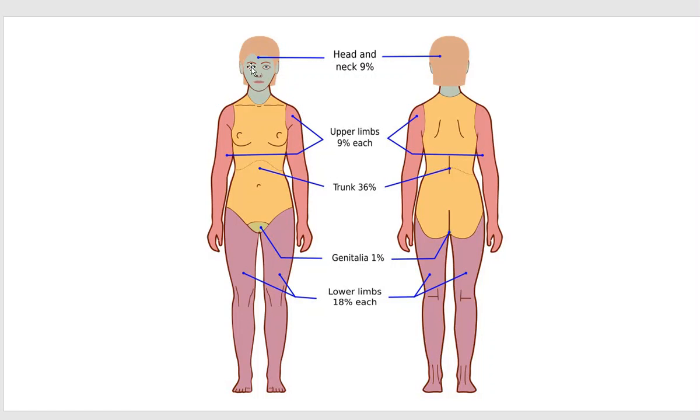So head and neck, if you had a significant area of the head and neck covered, that's 9%. Each upper limb is 9%. Each lower limb is double that, so that's 18%. And then you've got your trunk, so your front and your back combined is 36%. So obviously if it was all the front or all the back, you could then take 18% for each. With the genitalia, they just put that in, I think, to make sure it rounded up nicely to 100%. So this is a diagram to be aware of, and to have in the back